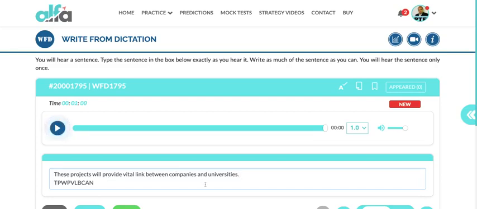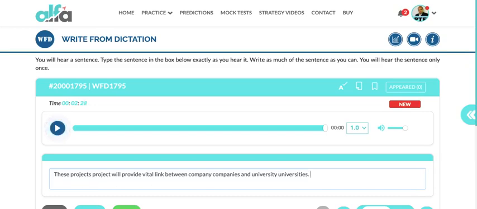Many students get confused as to whether to write companies or company, can I keep them both? They keep asking such questions. So yes, the answer is you can keep them both. There is no problem. As for projects versus project, I'm not sure, but the word these clearly reflects the word projects. Project doesn't fit. Between company and university, if you're confused whether it's universities, you can do this as well. Okay. So it doesn't cost you anything.